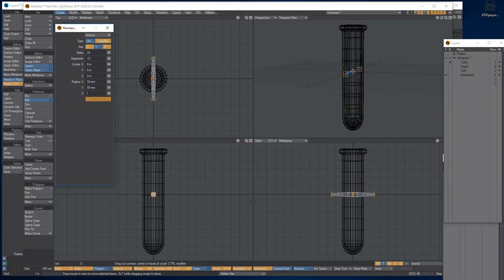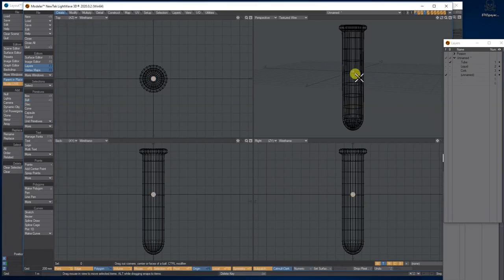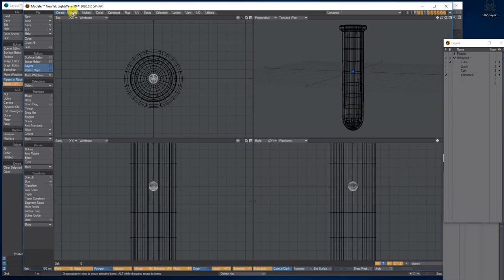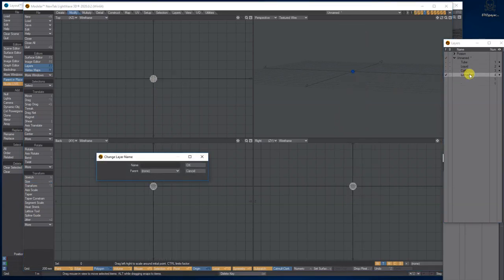So it's quite small, and I'm just going to make it a bit smaller. So we can leave it like that. We can call it bubble, and then give it a surface name of bubble.